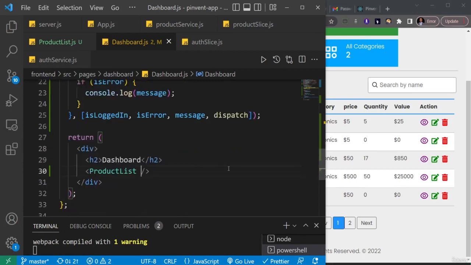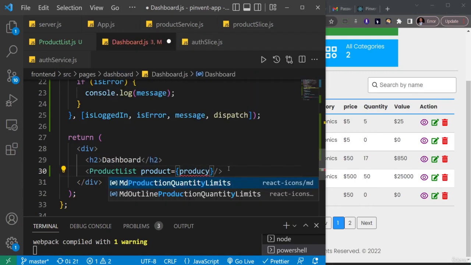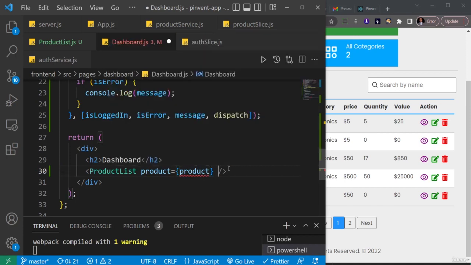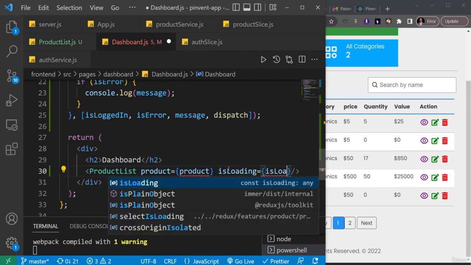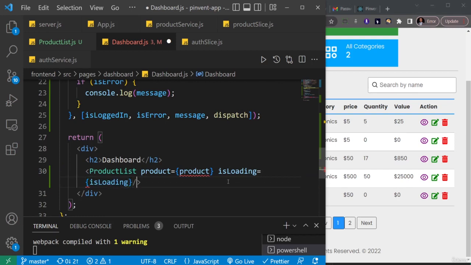So I'll come here and then I'll say product, and I'll set that to be equal to product. Then I'm also going to do the is loading, and that's going to also be equal to is loading. Okay, so now that we've sent it these two,